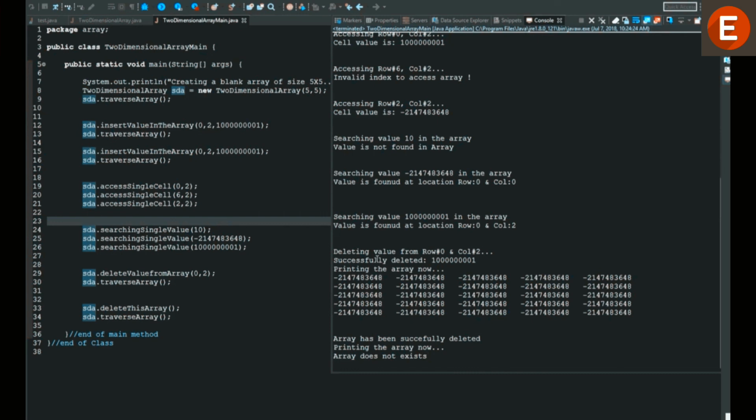This entire code will be available in the resource section. But please don't directly go and see the code. Try to implement the same thing on your own and see what kind of mistakes you are making. And if you are still not able to solve it, then please come to this code and see it in the resource section. That way you will be able to understand both the code as well as the methods more efficiently, and also you will be able to remember these things for a longer period of time.